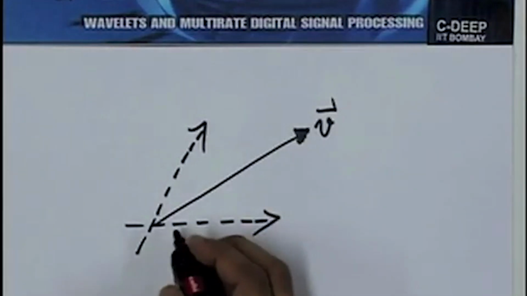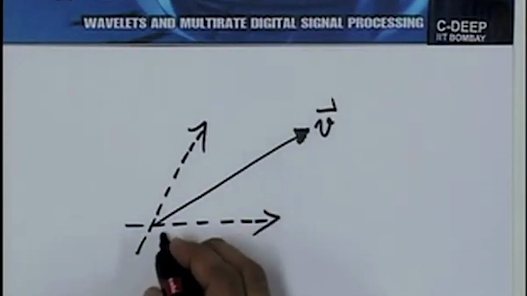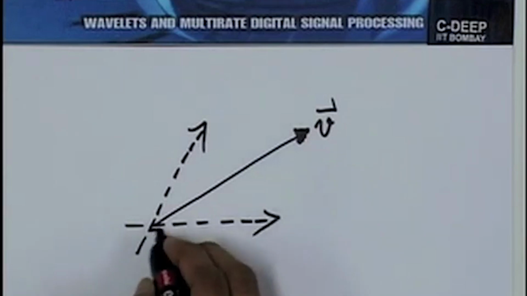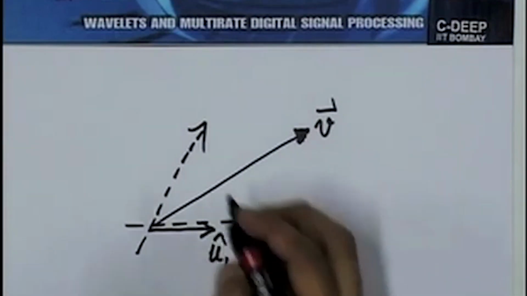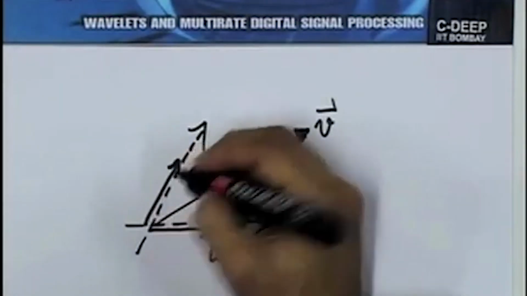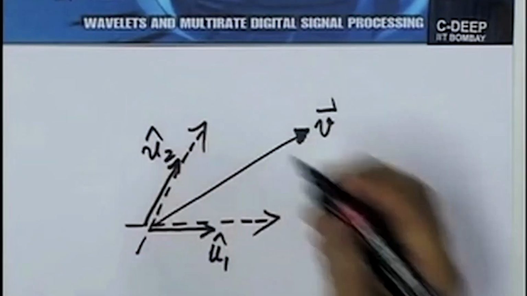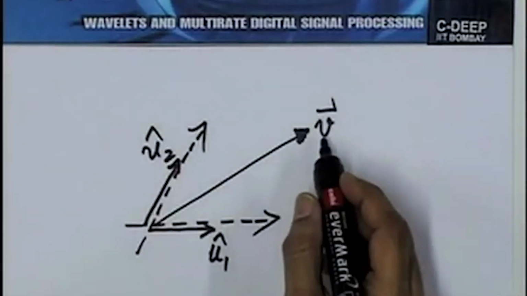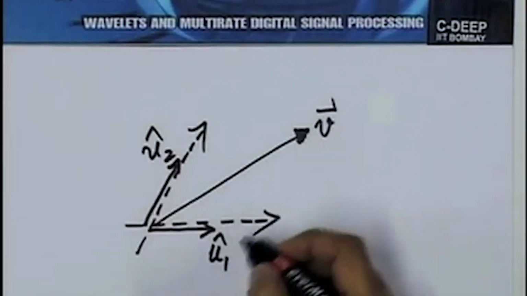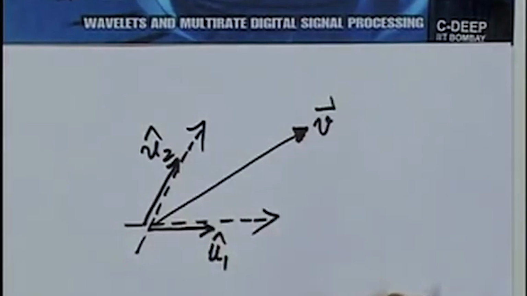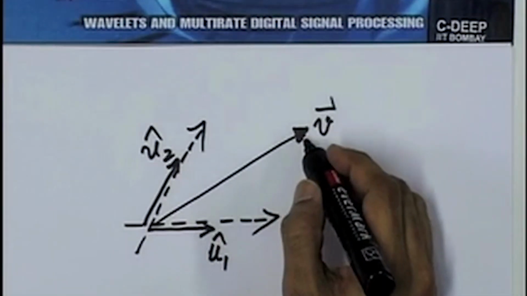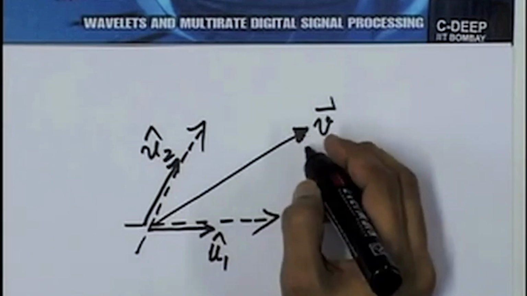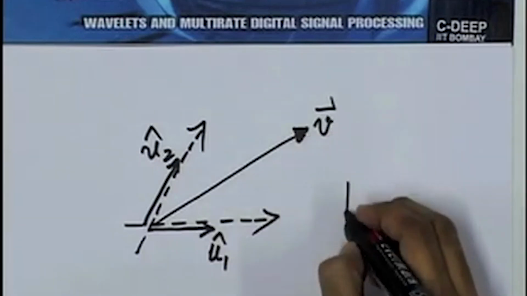And of course, I could again have the unit vectors in these two directions, u1 cap so to speak, u2 cap, and I could express v in terms of u1 cap and u2 cap. Indeed, I could complete a parallelogram here. So, using the parallelogram law,